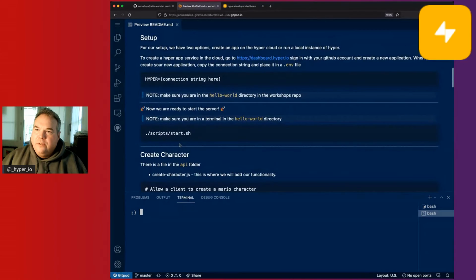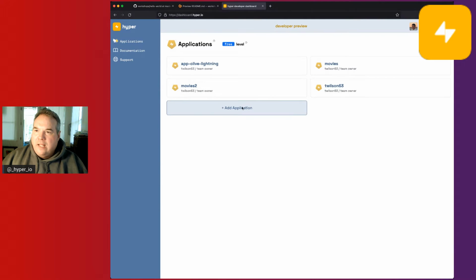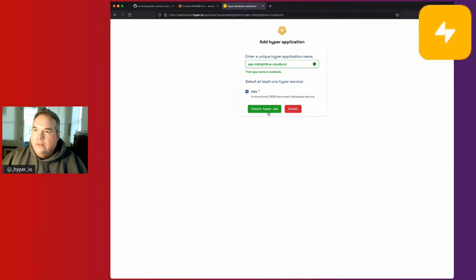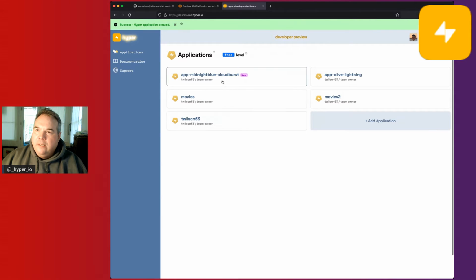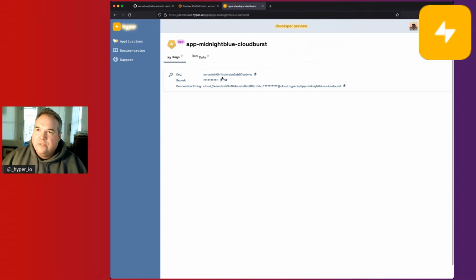First thing we want to do is create our account, or go to dashboard.hyper.io, and I'm going to create a new application, Midnight Blue Cloudburst. So we'll create that app with data, and then I'm going to select that application, and I'm going to click the little copy symbol here to the connection string, and then I'm going to go back to